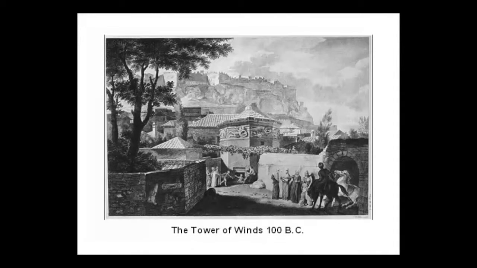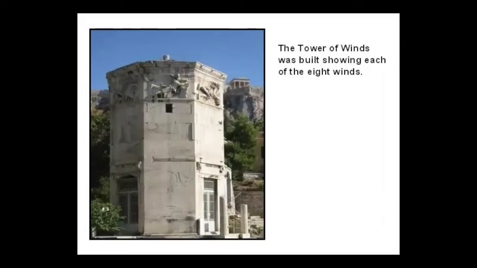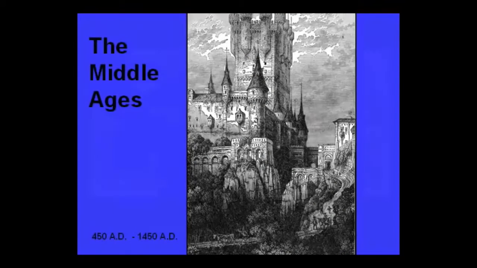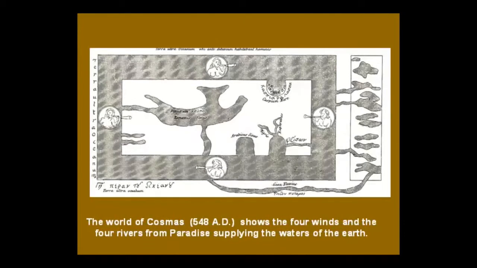At 100 BC, a Tower of Winds was erected in Athens. It shows the 8 sectors of the winds. This world map of 548 AD shows the 4 winds and the 4 rivers supplying water for the earth from